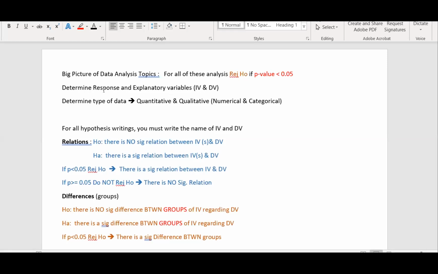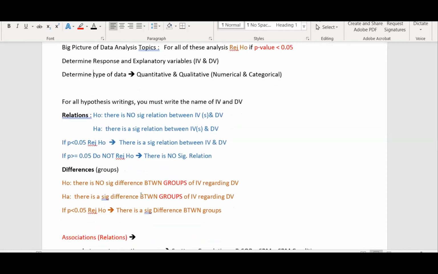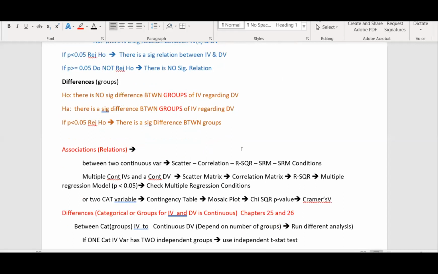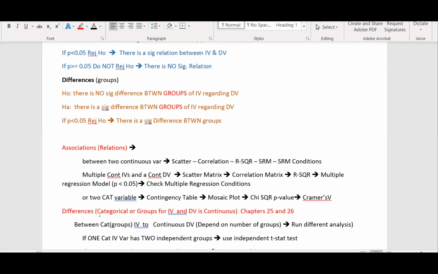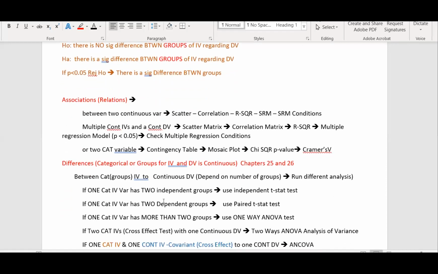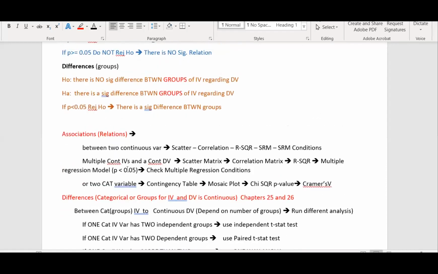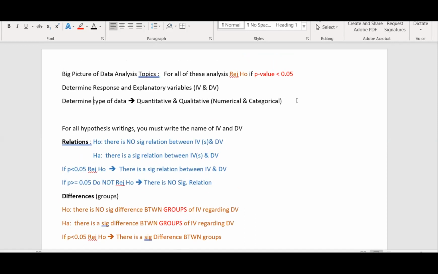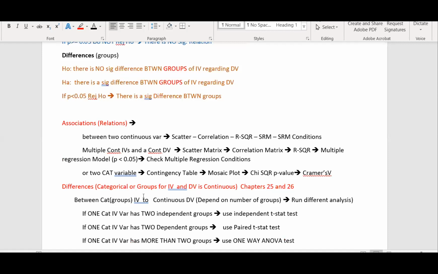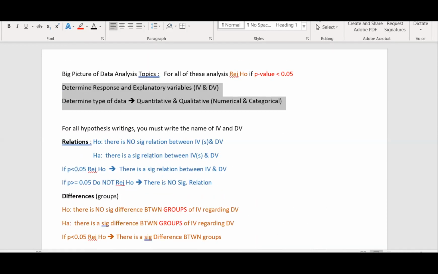Why? Because these are going to help you to know, should you run a relation or differences? Should you run simple regression model, multiple regression, chi-square, Cramer's V, or ANOVA, or t-test, or one-way or two ways ANOVA, right? If you don't know what kind of variable you're dealing with, it's not easy to determine that very second part. Right, then